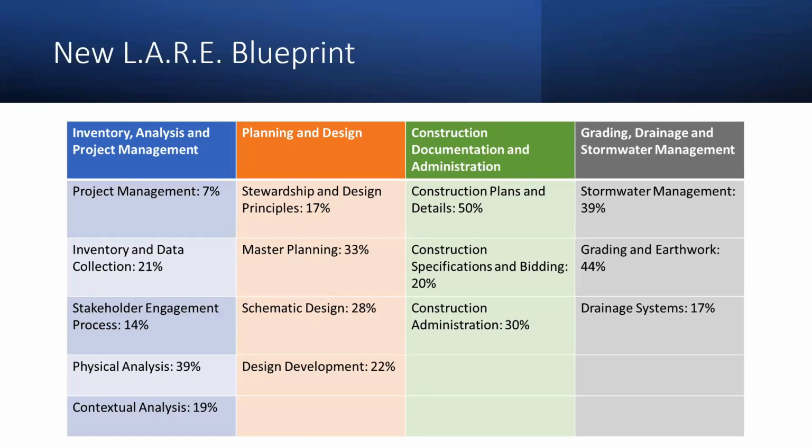So again, there's that confusion with section 1 and 4. If they pass section 4 and not 1, do you still have to retake section 4 after the new blueprint? Okay. So there is no section 4 anymore, but if you pass section 4, no matter what you've done on the rest of the test, you get credit for the gray section, grading, drainage, and stormwater management. Doesn't matter if that's the only section you've passed.